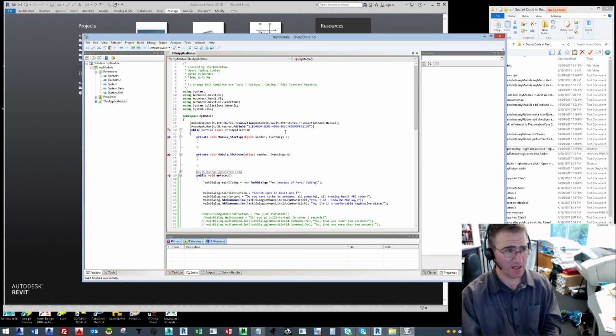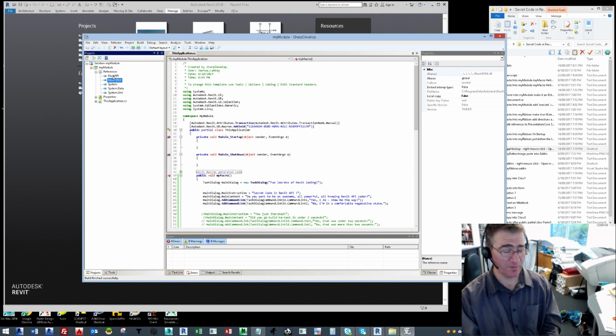Even though Sharp Develop is a very crashy IDE, it is useful for a couple of things. One is setting up the references to the API. Now, what is the Revit API? It's actually just this. It's these two DLL files from which you can call all your commands. The Revit API and the Revit API UI are referenced in your bit of code over here,